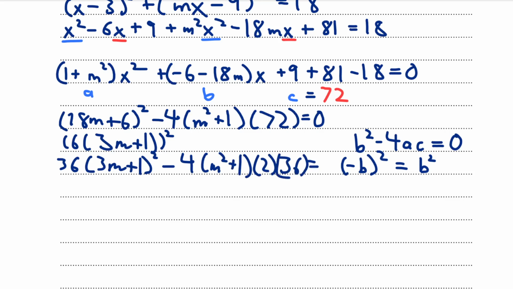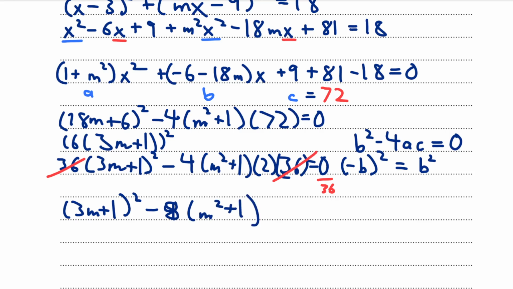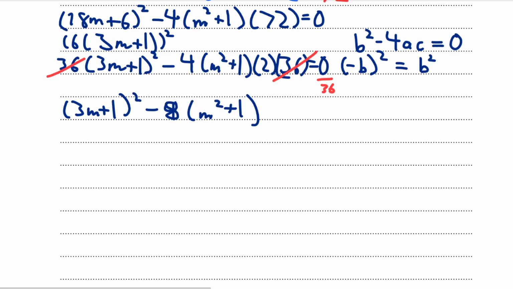36 equals 0. And we can see that 36 is a common factor in both of these, and we can just simply divide both sides by 36. 0 over 36 is just 0, so we don't change the right hand side, so we're left with (3m plus 1) squared minus 4 times, well, minus 8 times (m squared plus 1), and this will expand to